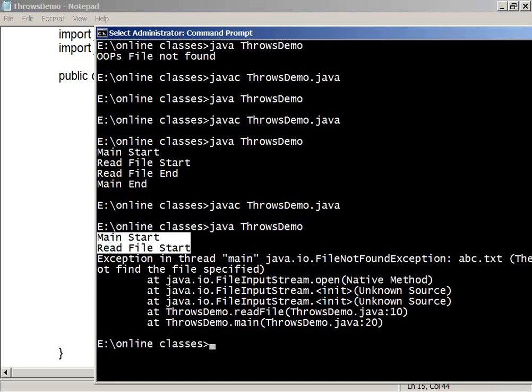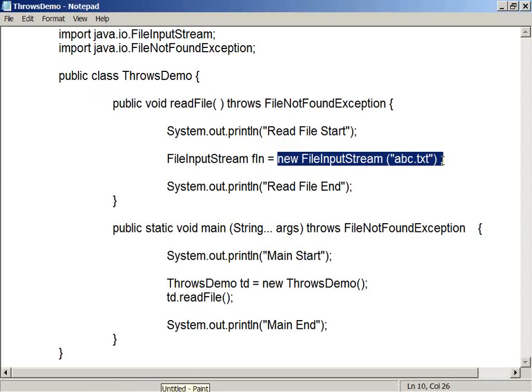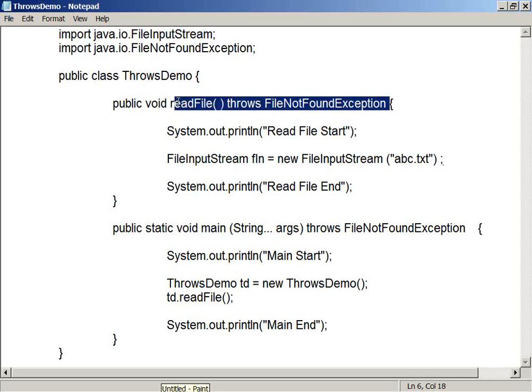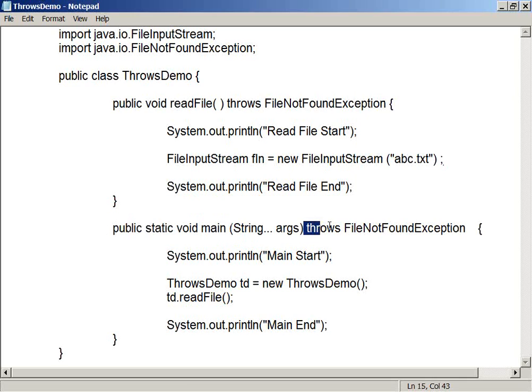Okay. Are you understanding now? Nobody has handled it here. Actually, this is the one which is trying to open the file. No file is there. It forwarded that message to this one. This is also not interested to handle that problem. It forwarded that message to main, and main is also saying, I am not interested. It is forwarding to its caller. So in the hierarchy, no method has handled it. The exception remains unhandled.